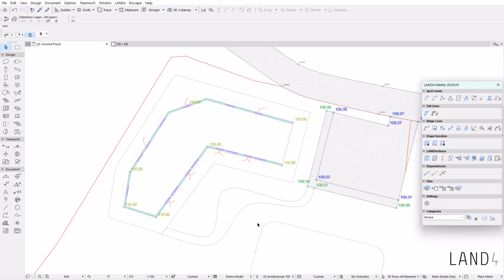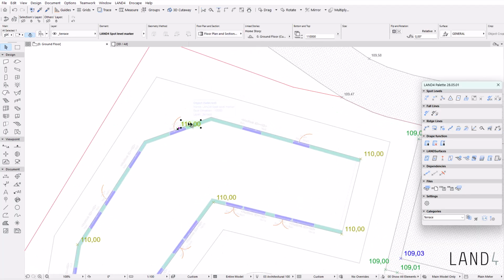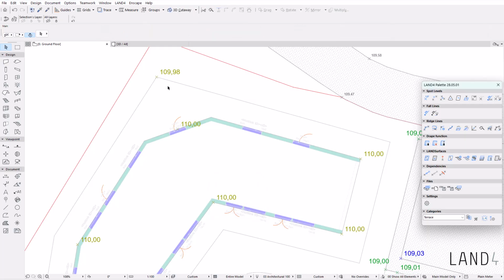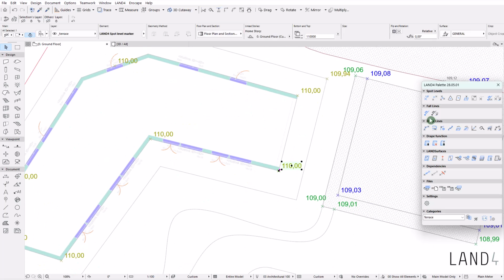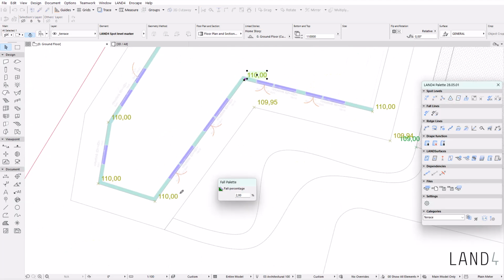Let's continue interpolating new spot levels and defining the edge of the terrace. We start with the first point, a gradient interpolation, and I start with a 0.5% fall. Using this new point, I will interpolate the next one using, once again, a gradient interpolation and a fall of 0.2% this time. As for the next spot level, I will use a 2% fall, since I'm aware that the existing terrain is much lower within that location. Same with the following spot levels.